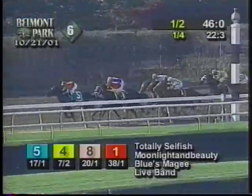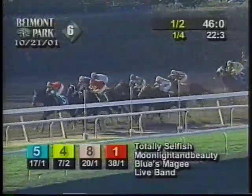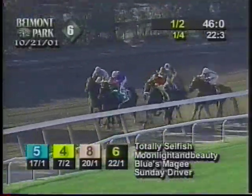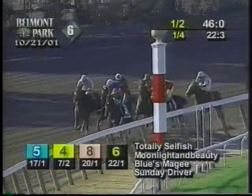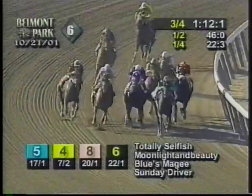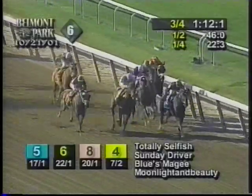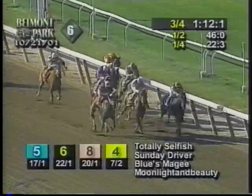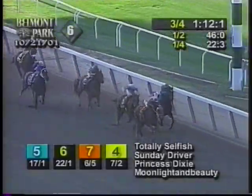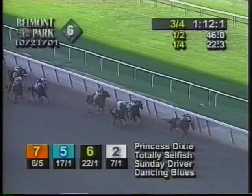Moonlight and Beauty still running 2nd and down to her inside. Blues McGee is 3rd. Sunday Driver is gearing up on the outside. Dancing Blues is right there and in behind the lead. Live Band's in a tight spot down toward the inside with 6 horses before her as the field turns for home. At the top of the stretch, Totally Selfish short lead. On the far outside, here comes Princess Dixie. Princess Dixie out into the center of the track, takes over at the 8th pole. Princess Dixie in front. Totally Selfish is now 2nd, followed by Sunday Driver, then Dancing Blues, farther back Blues McGee